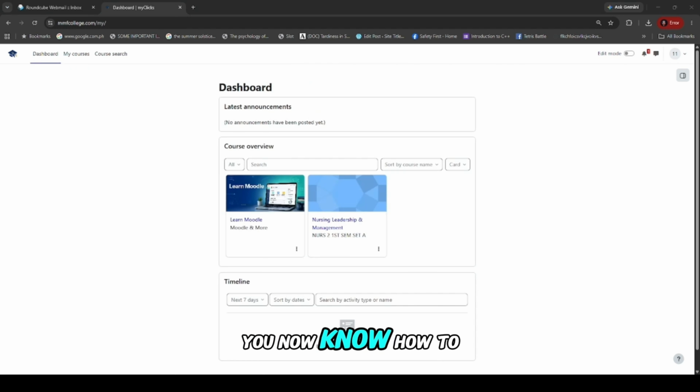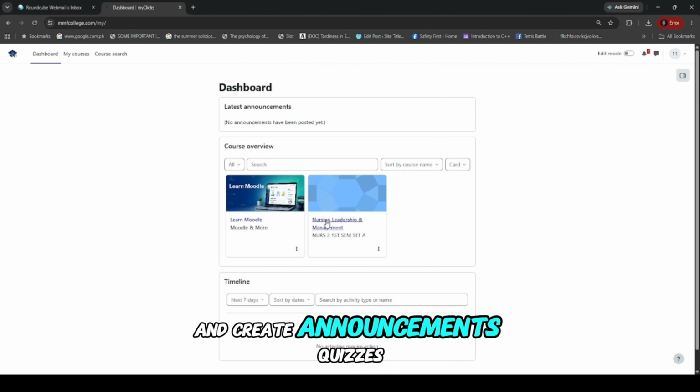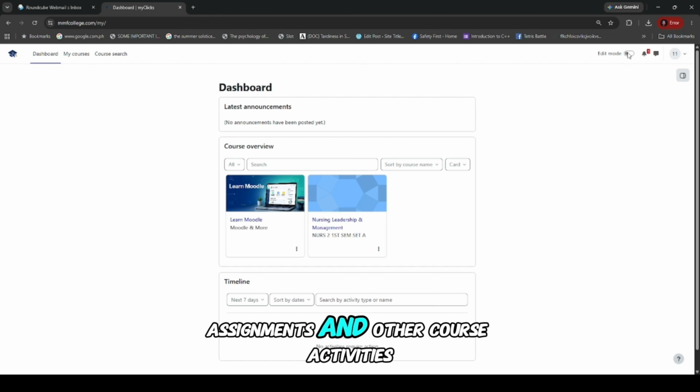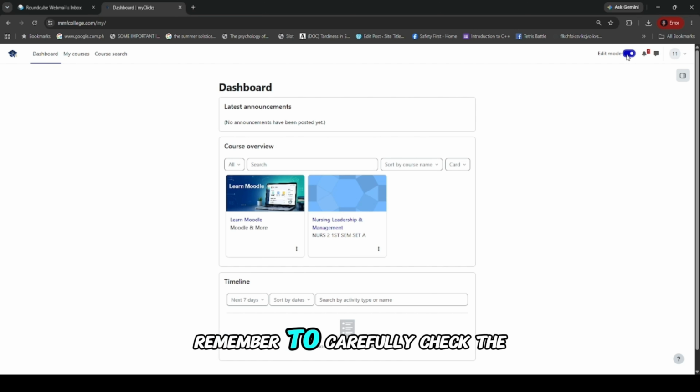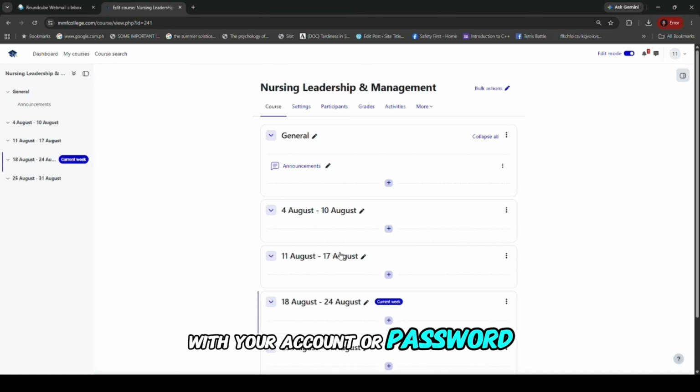You now know how to access your IT-provided email, log into Moodle, change your password, enroll in subjects, add students, and create announcements, quizzes, assignments, and other course activities. Remember to carefully check the information provided by your IT department. And if you experience problems with your account or password, contact the